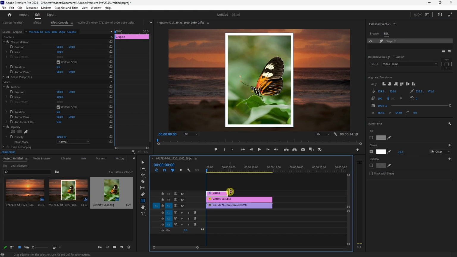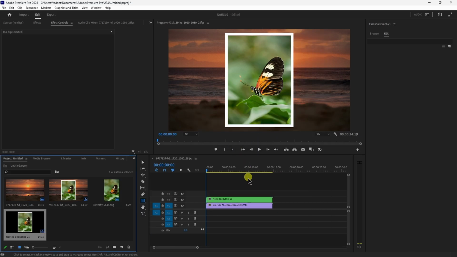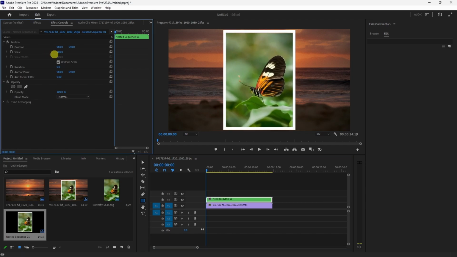Once you're happy with the stroke, you just need to stretch this graphics till the end of the image like this. Highlight the graphic and image, right click, click on the option nest, click on OK. Now at this point stroke and image is merged, so you can do any changes you like to the image. But yeah, that's it. This is exactly how you can add